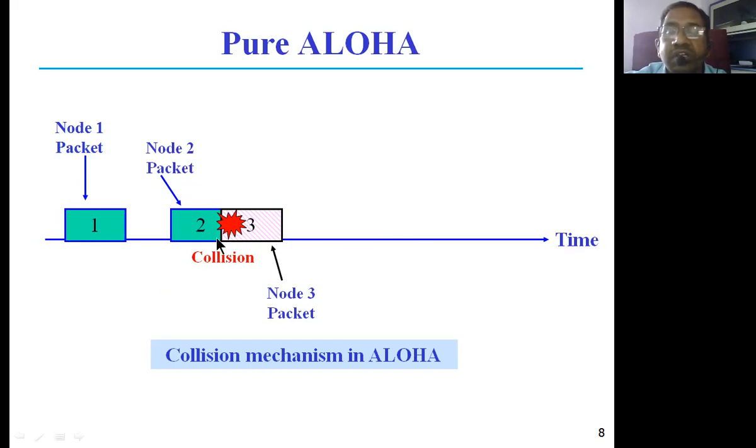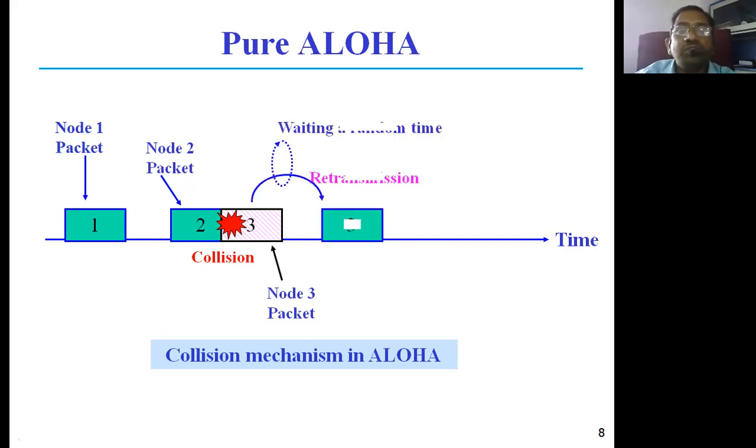Once the collision takes place, these two packets get lost, because the accident is a very major accident, and both of them collapse. So the node 3 packet and the node 1 packet going after node 2 towards node 4 or 5 got collided, and these two got lost. After some time, node 1 and node 3 should once again retransmit the packet if they don't receive any acknowledgement from the node 4 or node 5 terminals. That is the scenario here.